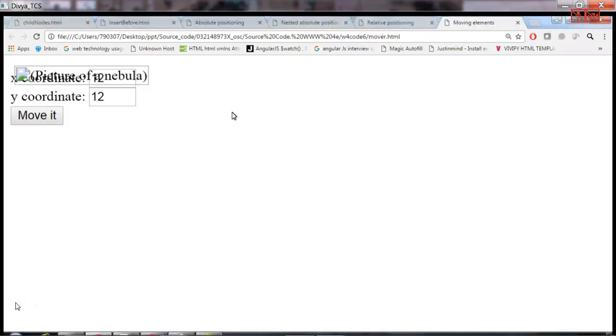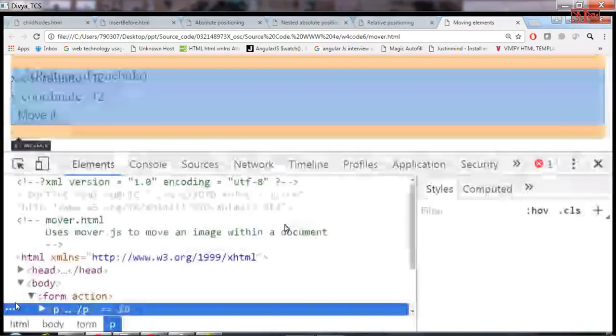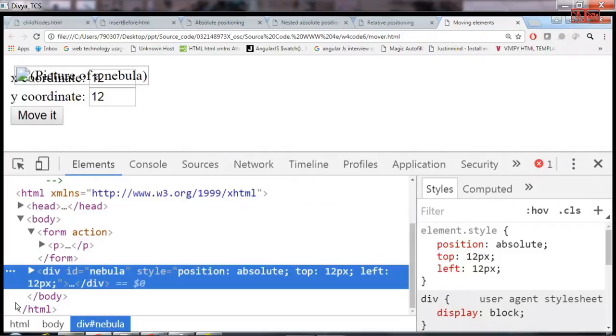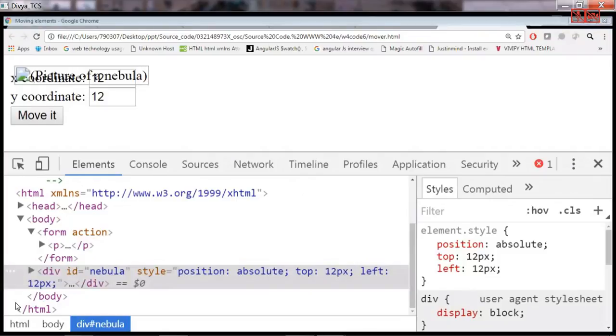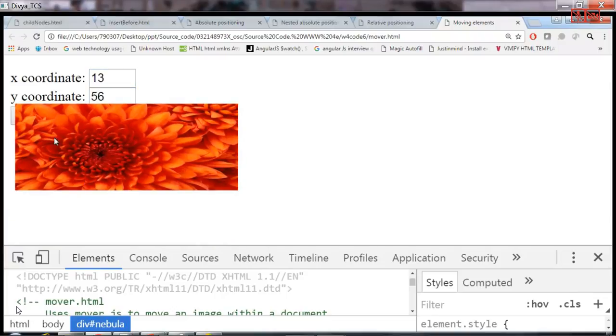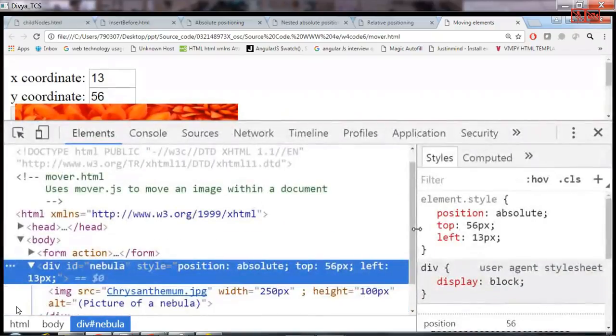I'm trying to move the element based on the x coordinate and y coordinate. I have a picture image, and I want to move this image based on the x coordinate and y coordinate. So I'm giving the values here and moving it. This particular image is moving with respect to this window. So here what I did is